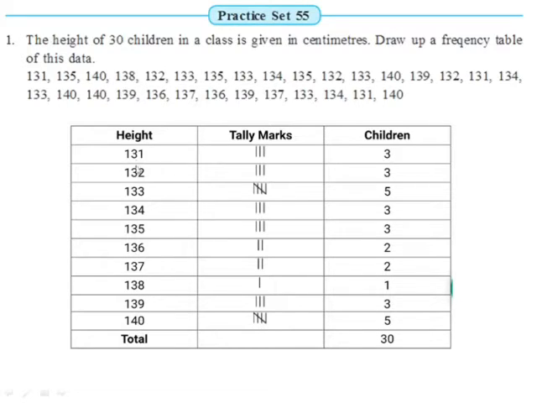Now after writing the height in ascending order, we will start putting the tally marks for them. So again we will start reading the scores and we will strike off the score as we make the tally mark. Here the first score is 131. So we will make one tally mark for 131 in front of it in the second column of tally marks. Then the second score is 135. So make one tally mark in front of 135 in the second column. Then the next score is 140. Make one tally mark for 140 in front of 140 in the second column.